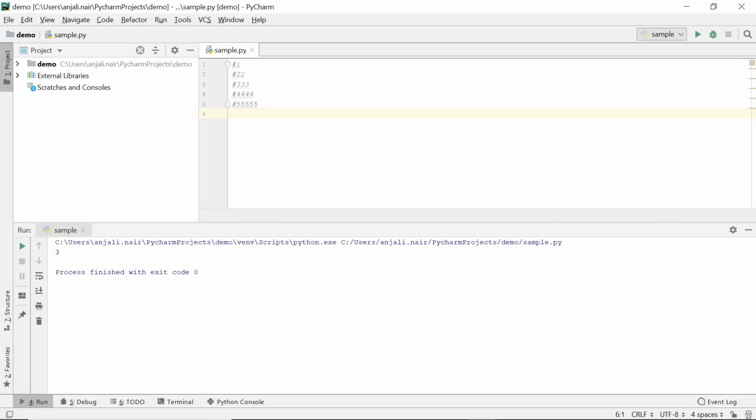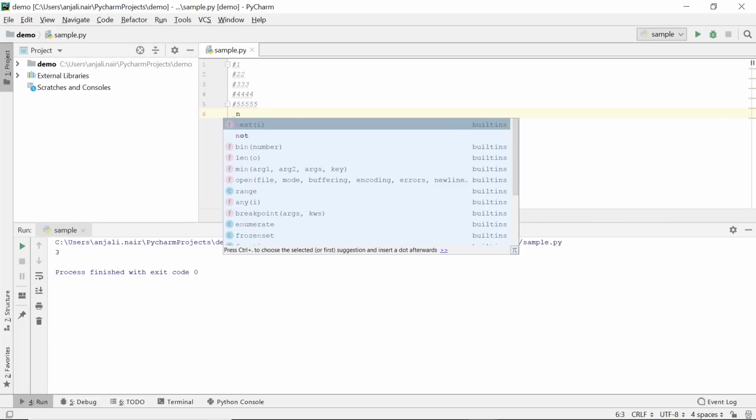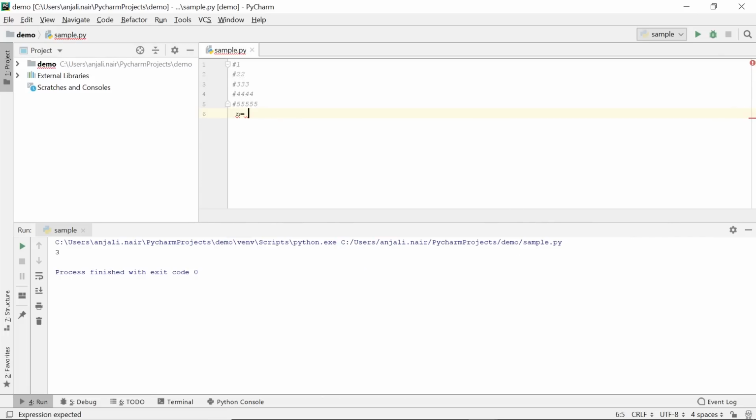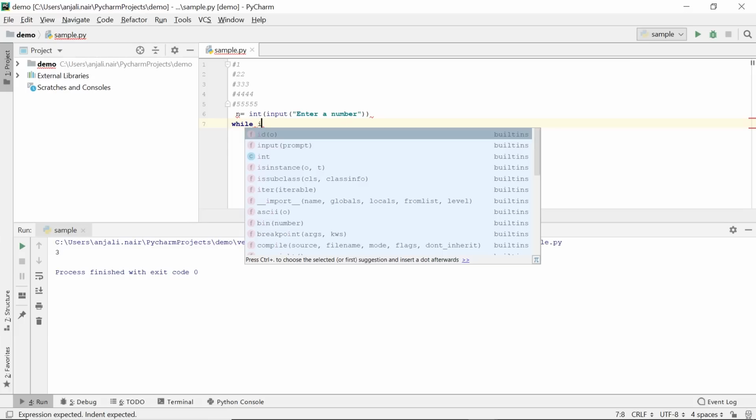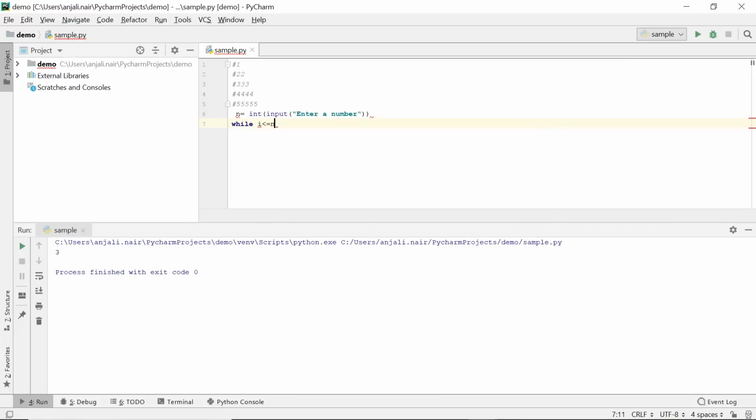So let's begin coding. First thing, we take the input from the user and store it in our variable n. Now we'll have one while loop which will take care of the number of rows. So our number of rows should be till n. So I is less than or equal to n, and I of course will start from 1. So I will go from 1 up till n. The outer loop takes care of printing each row. Now within each row, as you can see, elements are printed. So if we are on our first row, then the number 1 is printed just once.